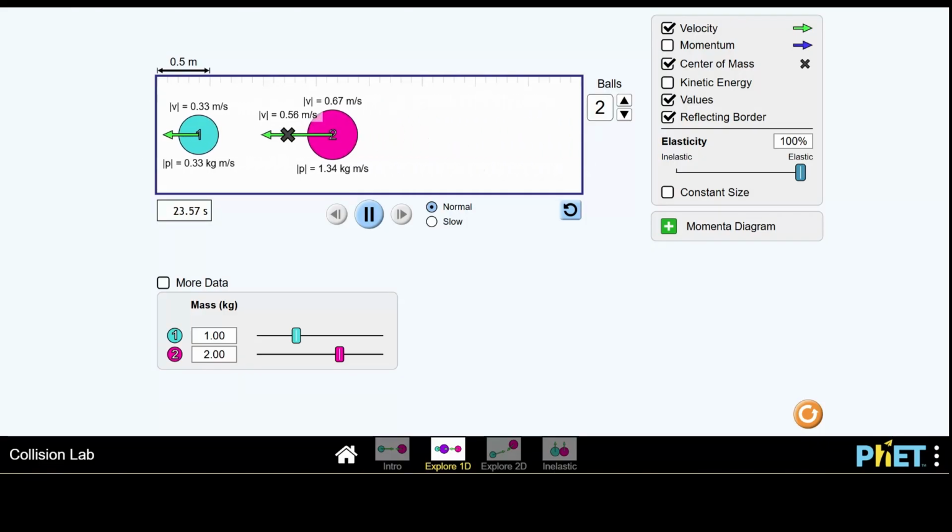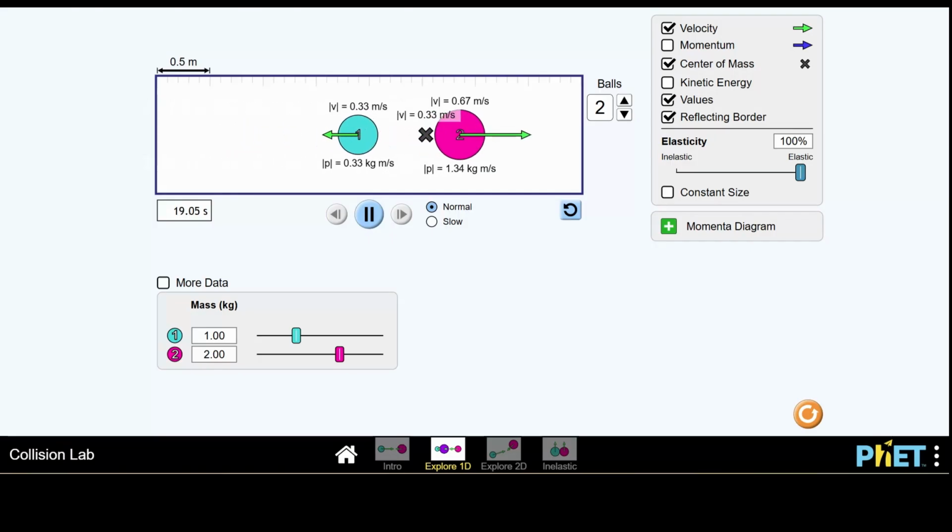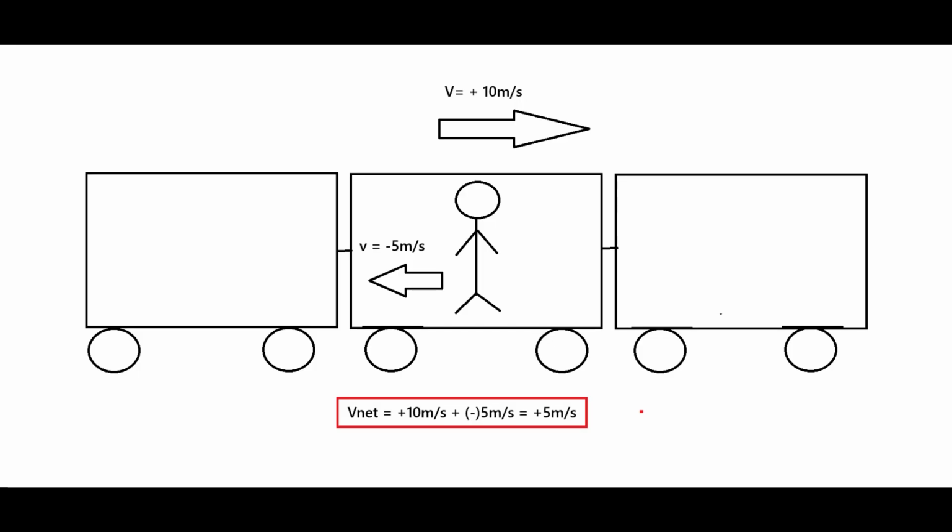It's all about directions. And the amount of motion of an object or system in a certain direction can in fact cancel, because a system can, for example, move to the right, but at the same time move to the left, causing a net direction with a net quantity of motion. I have explained this in a previous video. A person can be inside a train moving to the right at 10 meters per second, and at the same time the person inside the train is moving to the left at 5 meters per second. The net velocity and the net direction of the person will be 5 meters per second to the right.